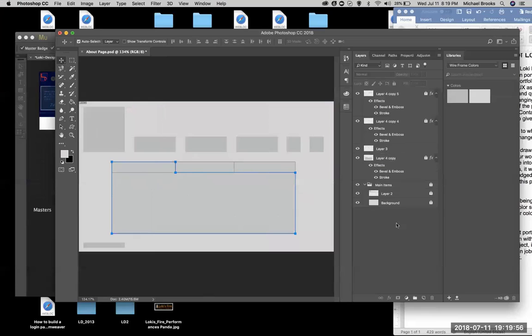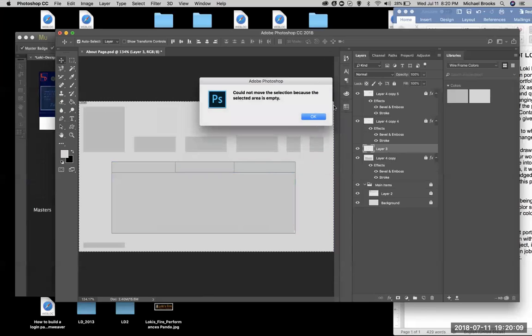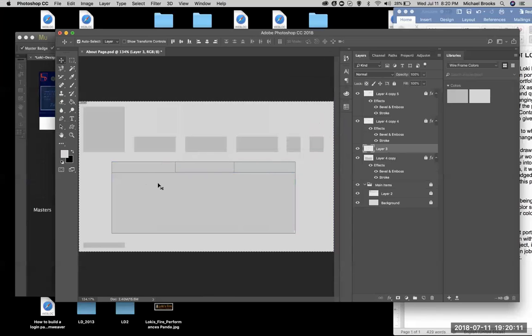This is why I really do not like the pen tool in Photoshop. I don't have as much control. Yeah. So I'm going to get rid of that. All right, now, so to get those together, what I can do